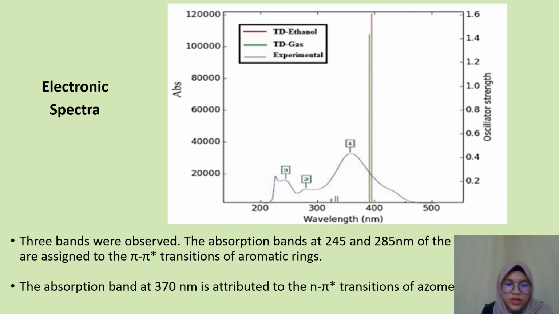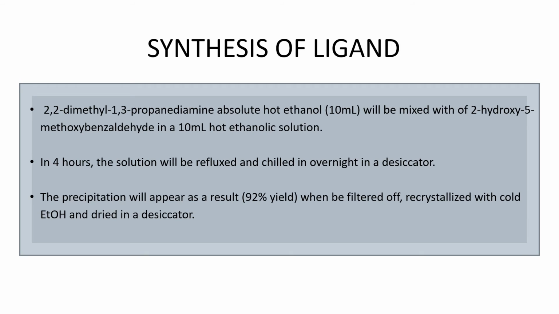For the electronic spectra, there are three bands observed. The absorption bands at 245 and 285 nanometer of the ligand spectrum are assigned to the pi to pi star transition of aromatic rings. The absorption band at 370 nanometer is attributed to the n to pi star transition of azomethine. Methodology. For the methodology, for synthesis of the ligand, 2,2-dimethyl-1,3-propanediamine will be mixed with